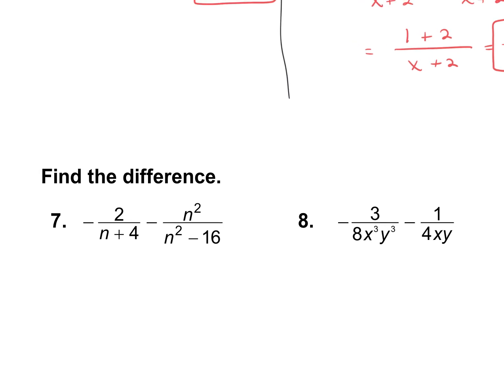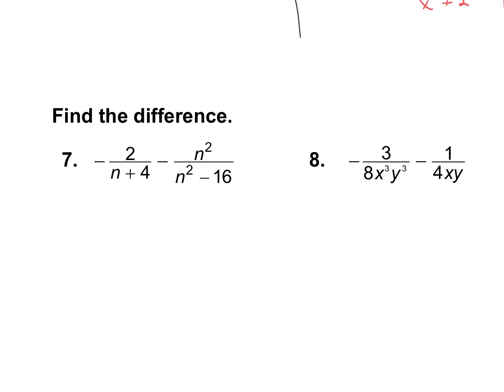All right, let's get to our subtraction. When you subtract fractions, you need a common denominator. Do you see how this one has a negative out in front of this fraction? When that happens, just tack the negative to the numerator. So really this is a negative 2 over n plus 4